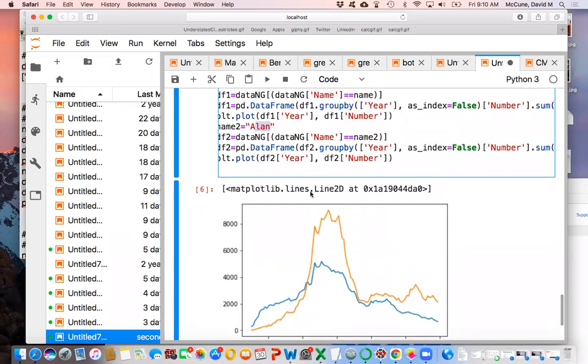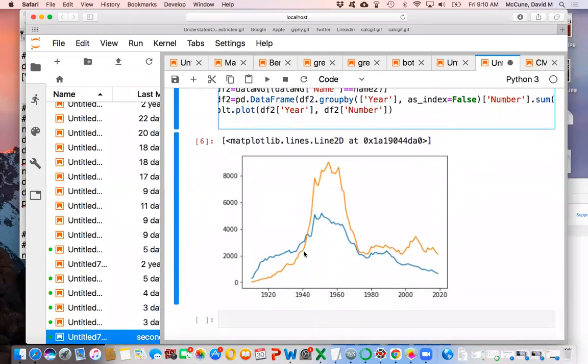So Allen spelled with an A used to be less popular, but then World War II somehow had an effect on the spelling of Allen's. I don't know if there's like some celebrity around that time or something who spelled Allen that way, but Allen with an A overtook Allen with an E and really outpaced it for a while. Then they almost became equally popular back in like 1970, and then Allen with an A again created some distance.